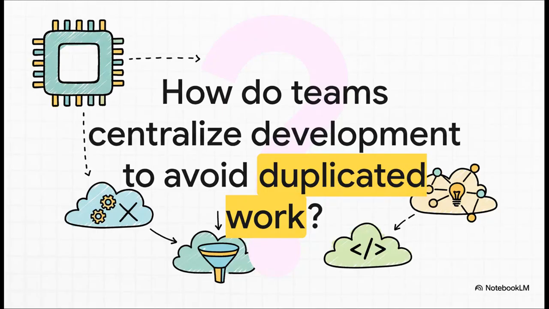Okay, here's the situation, and I bet this sounds familiar to some of you. You've got different teams, all doing great AI work, but they're using different tools, they're not talking to each other, and it's causing duplicated work and major headaches when you try to scale up. So how do you fix that mess?